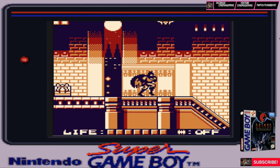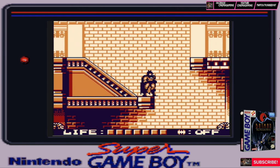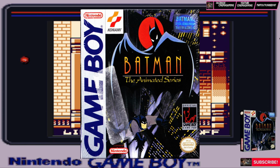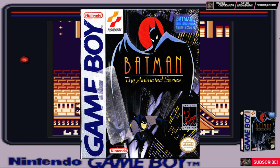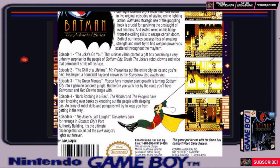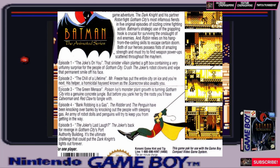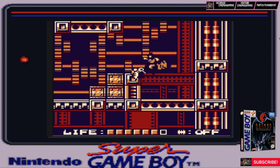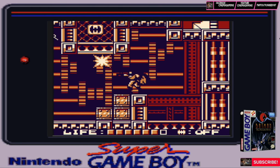Batman, the Animated Series was released on the Nintendo Game Boy in 1993 by Konami. The Game Boy version is the only one that was released before the show changed titles, and is the only version that kept the name Batman the Animated Series. The Super Nintendo version was originally going to have this title, as well as the same title screen as the